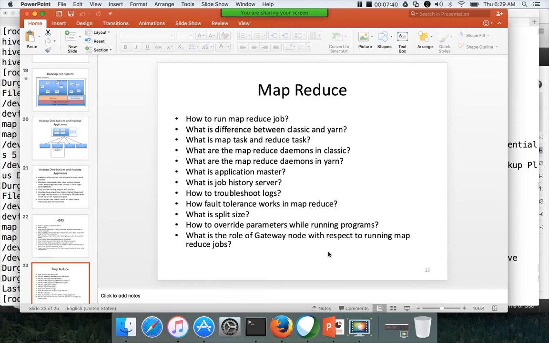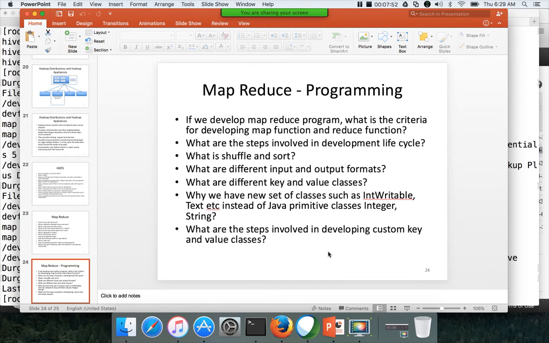Another one is API, which will be used to implement the business logic. So here I am only talking about the framework which executes the job, not about the development API. Sorry, MapReduce APIs, which will be used for the development purpose. So the next slide is